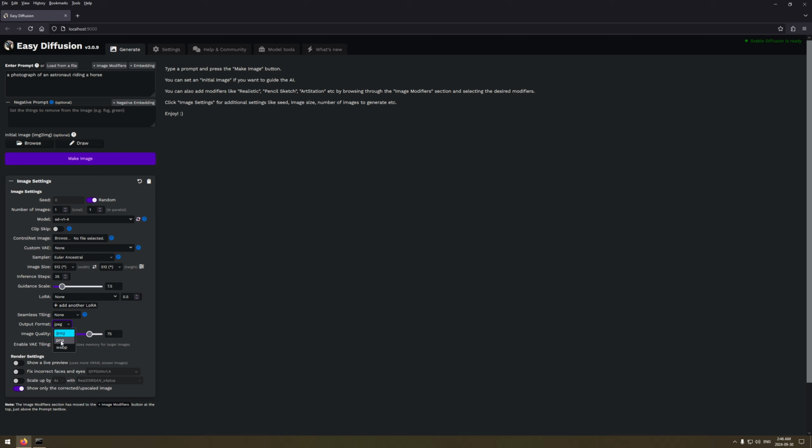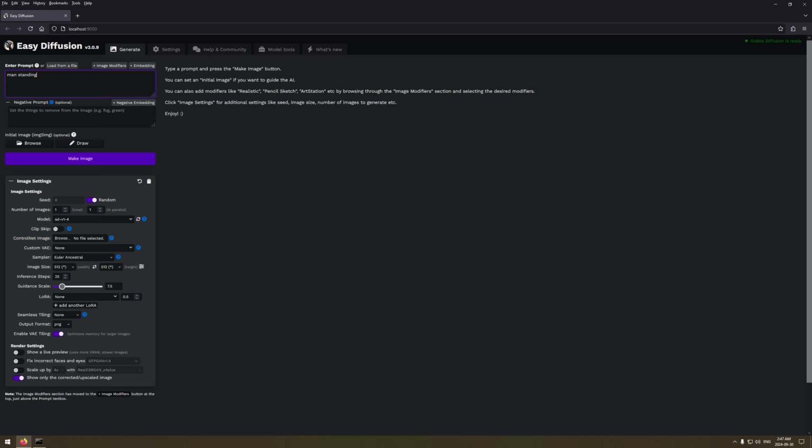Now there's 1.5, which is probably a little bit more ideal, and then there's SDXL 1.0, and that's what we're going to install real quick here today from their page, and also get the additional things installed here. So anyways, we're just going to go up to the prompt here, and we'll just put man standing,